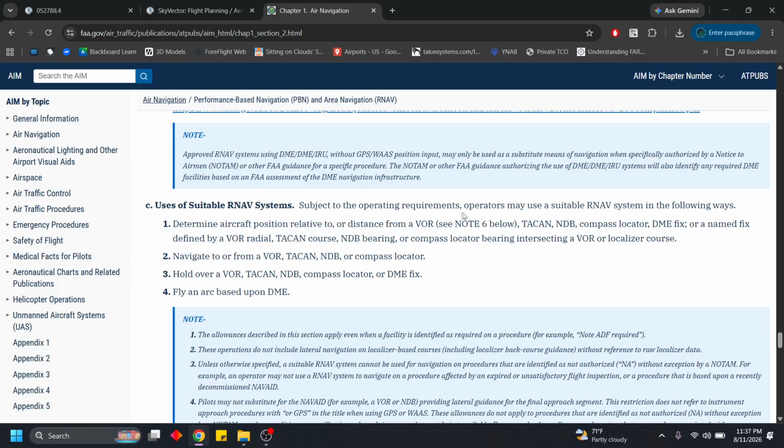We can see right here: operators may use a suitable RNAV system to determine aircraft position relative to a compass locator, in our case, navigate to or from a VOR, TACAN, NDB, or again, in our case, a compass locator. So that's step one. We need to be able to navigate to that point. This AIM gives us the ability to do that using GPS. Hold over, again, a compass locator right here. So we're able to identify that station passage and identify that inbound course